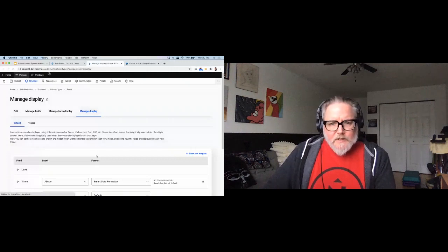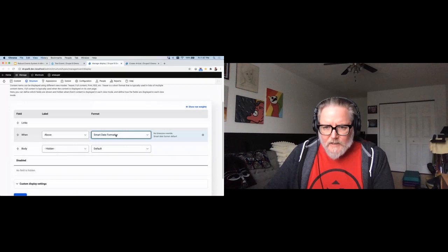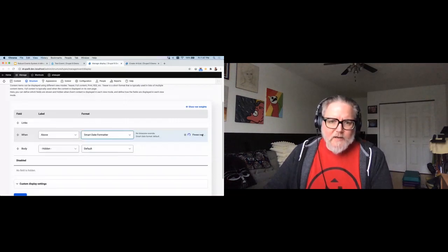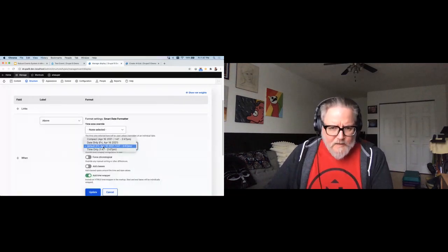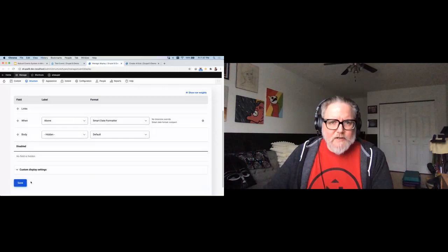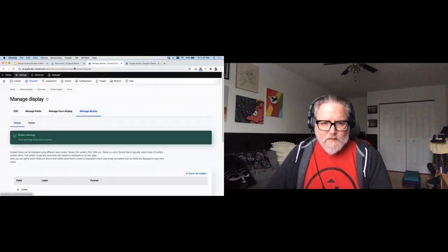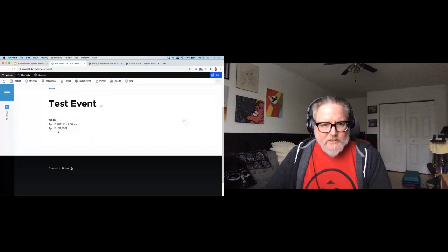So when we go down here, we've got a number of different formatters. We're just using the default Smart Date one, and Smart Date has its own formats. It comes with 4 out of the box. So let's go to this compact one. And when we save that and save our configuration, we can refresh our date. And you can see how much cleaner that is, April